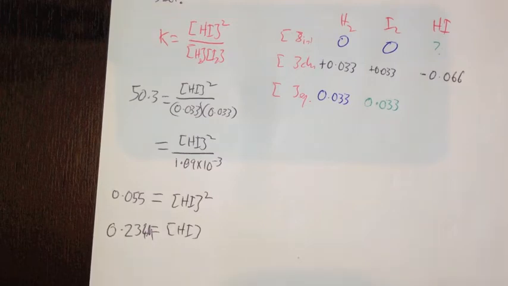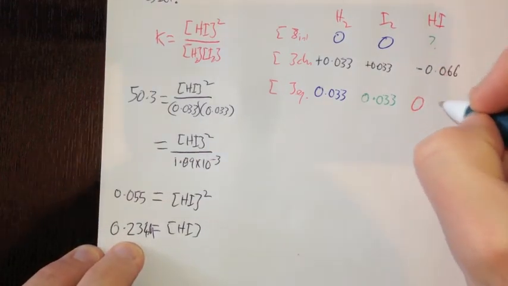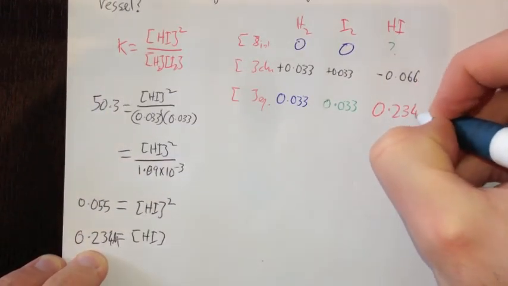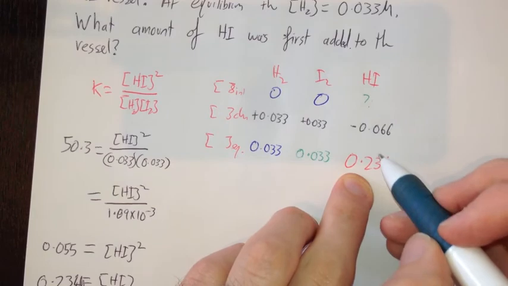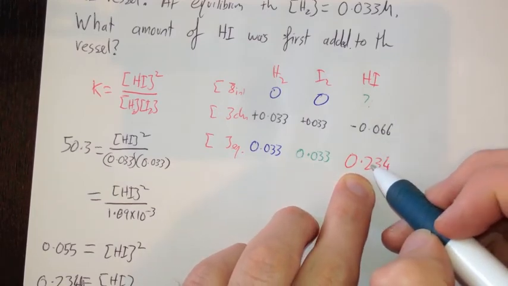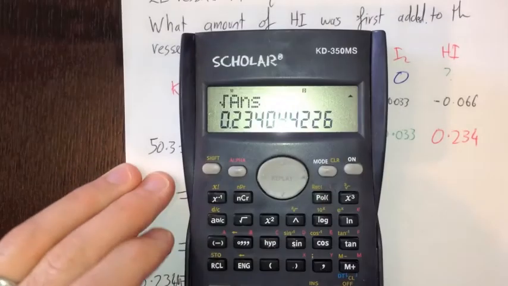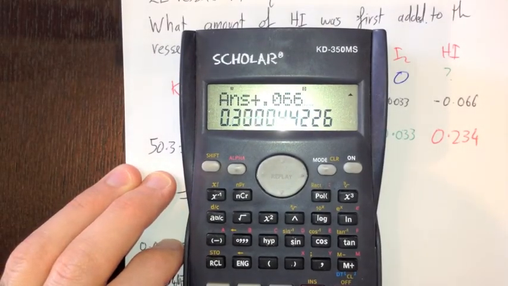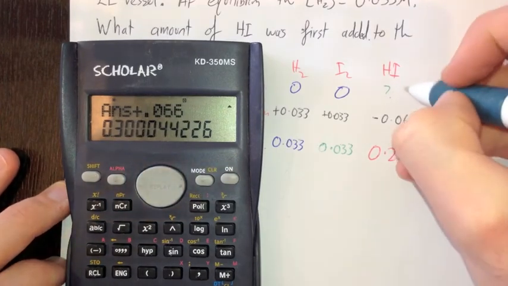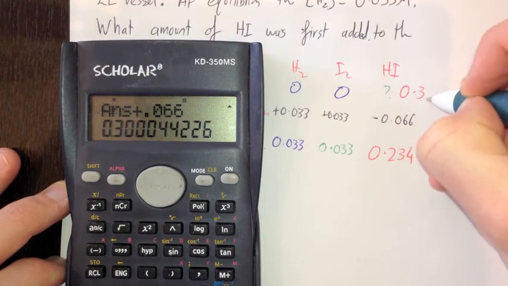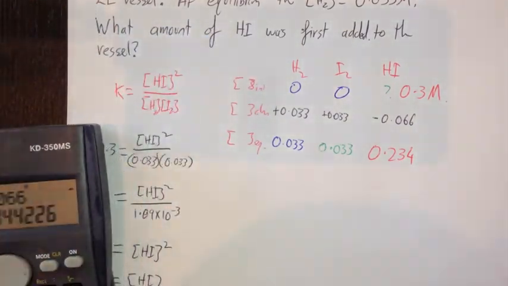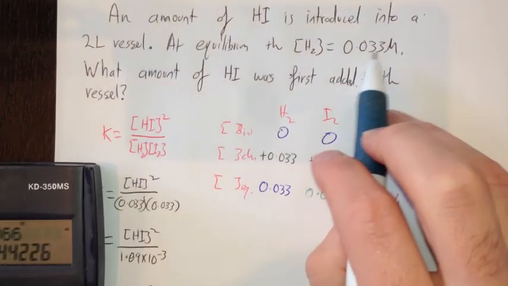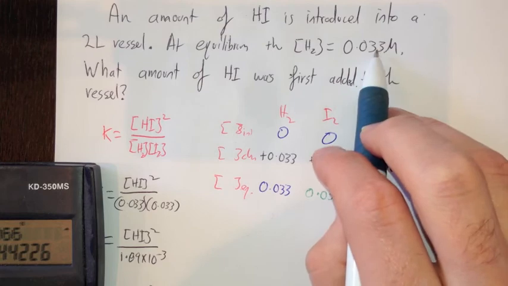So I'll go over here in red. This is 0.234. Then to get back up to here, this is how much was taken away to make this. So if I add on 0.066, I get that my initial value was 0.3 molar. We've got 2 significant figures here, so